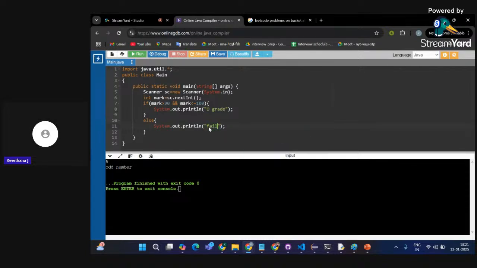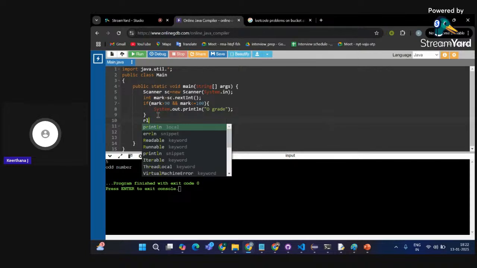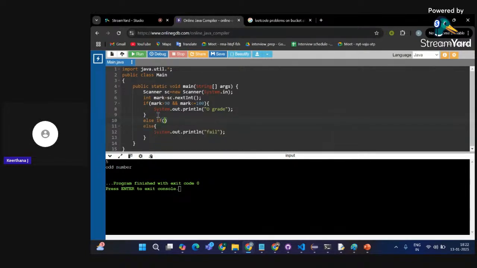See, there will not be only one condition. Like for this particular problem, it's not that every student will be getting marks in the range 90 to 100, and if not, they fail. No, right? There will be students who are getting other marks as well. So I want to specify those conditions in my condition statement, for which I'll be going with else if. This will be my general syntax: else if condition, and again another set of statements.